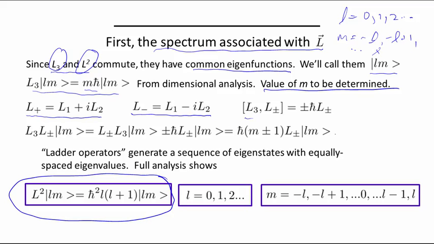So you can readily verify this identity because you've previously established that, for example, L3 commutator L1 equals i h bar L2. So it's quite straightforward to verify this identity,